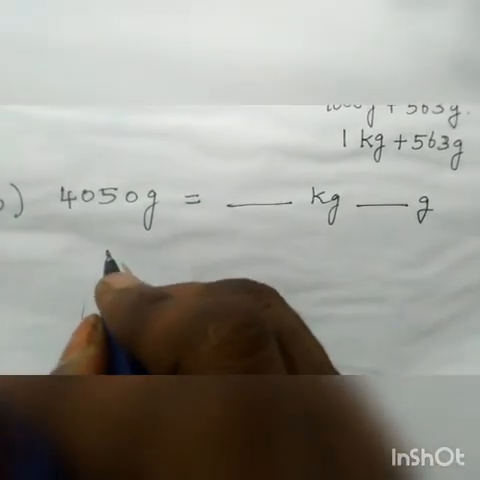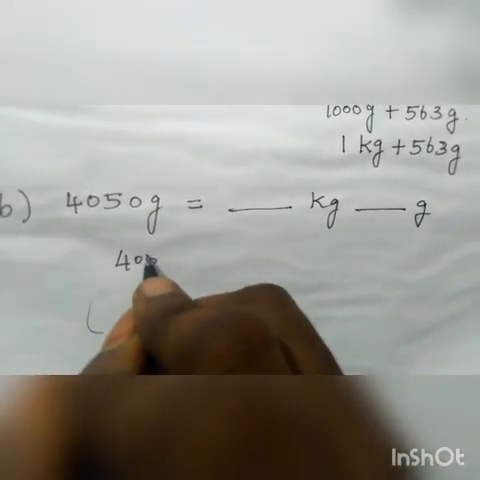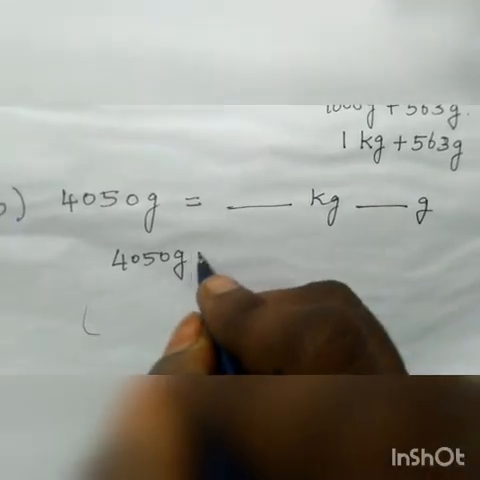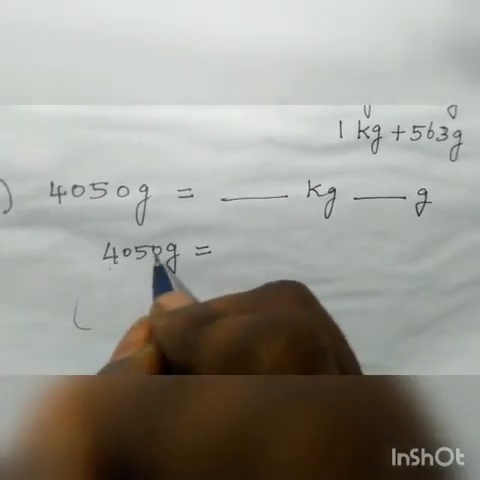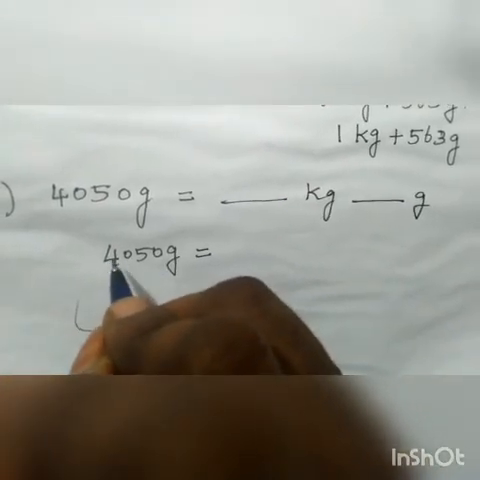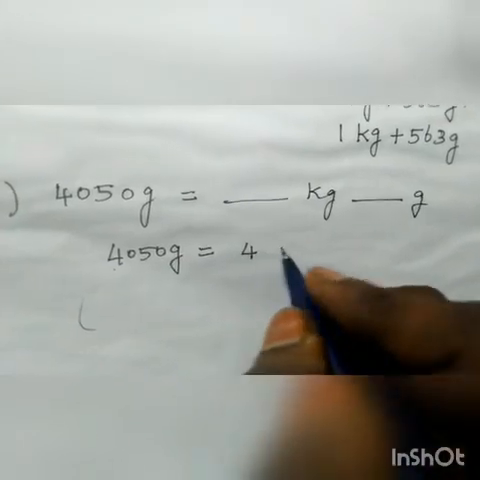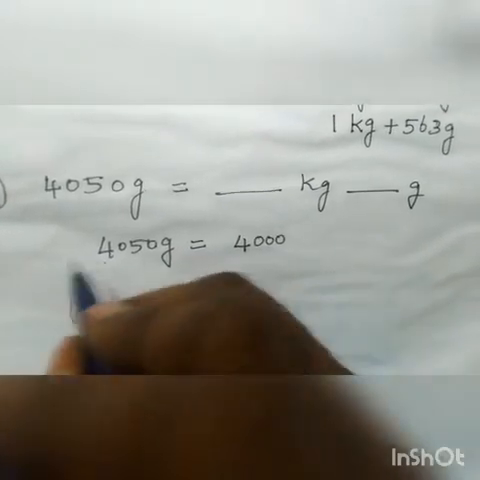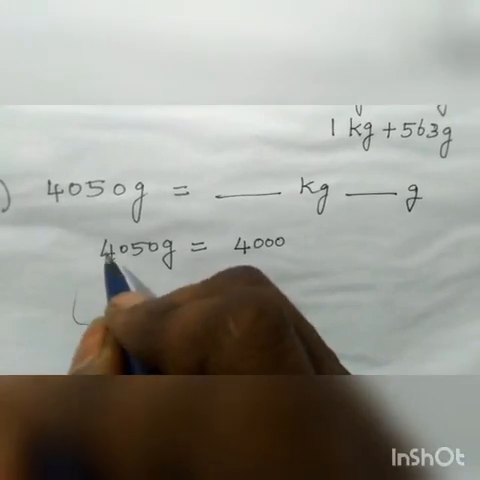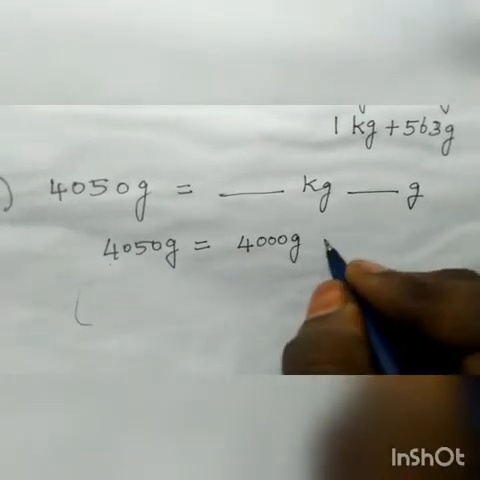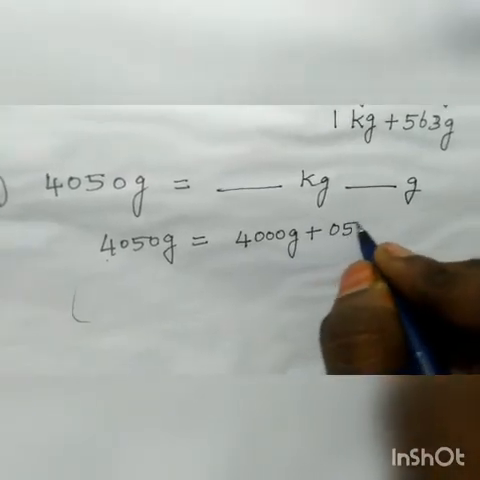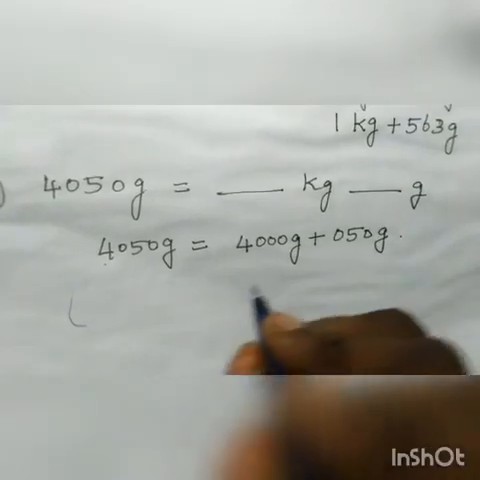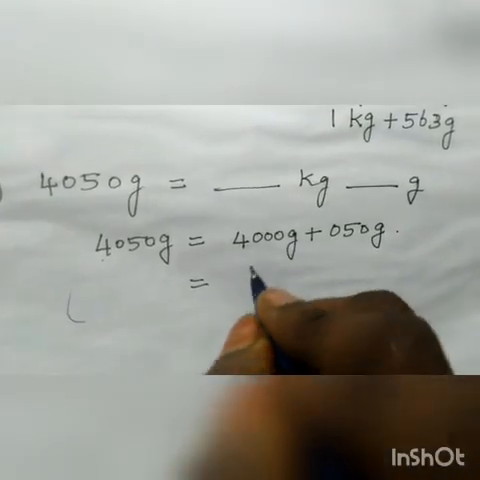Here, as we have done earlier, we have to take 4050 gram. We have to separate this in terms of 1000. In thousands place, what is there? Ones, tens, hundreds and thousands. In thousands place, 4 is there. So we have to take 4000 separately. 4000 gram plus, here we have 050. Okay, so write 050 as it is to make it clear. So 4000 gram is equal to 4 kg